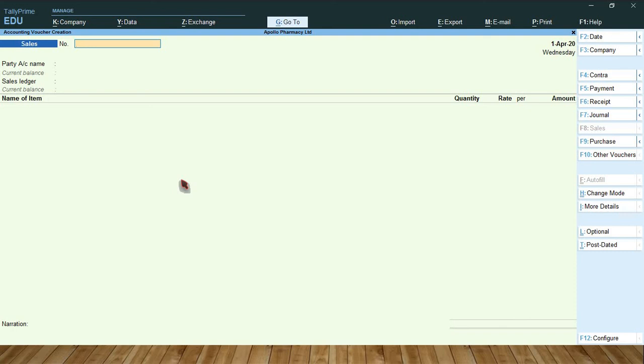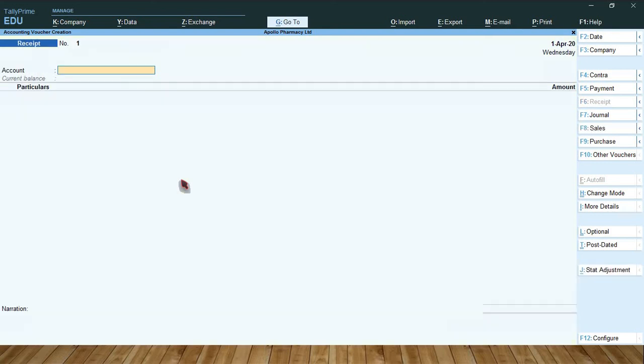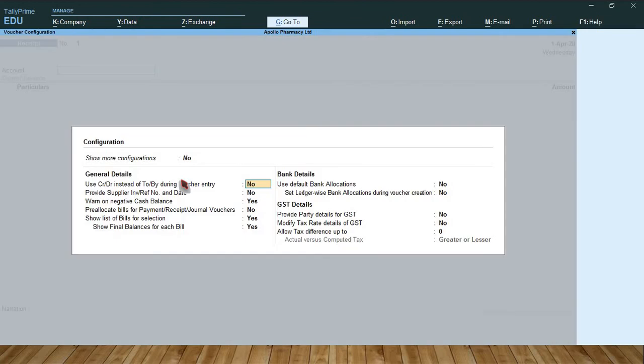okay friends. So next move to receipt entry. Press F12, it is showing single entry mode.